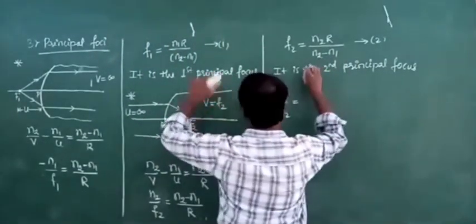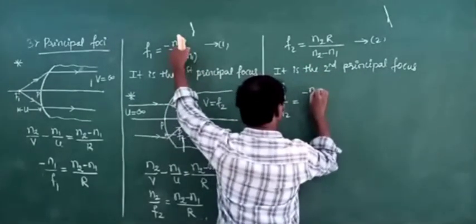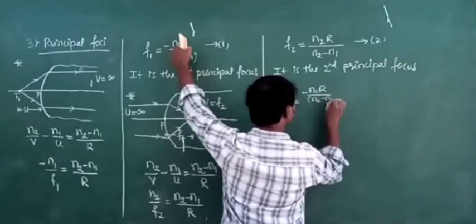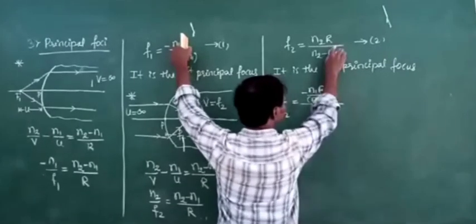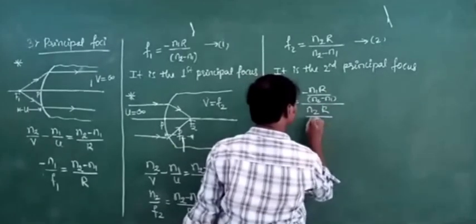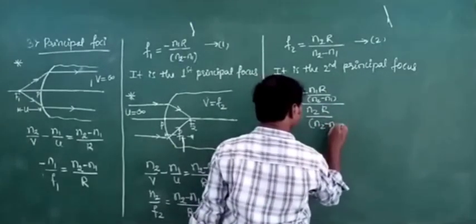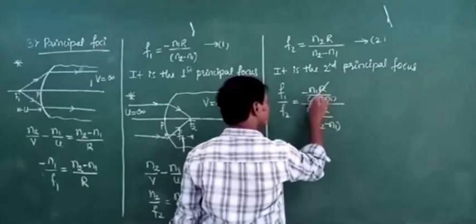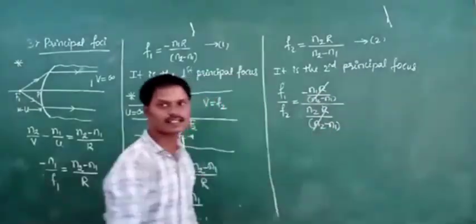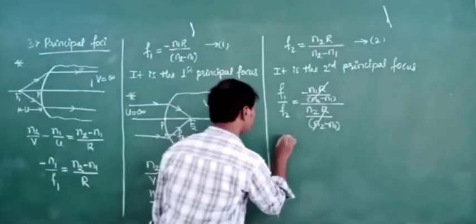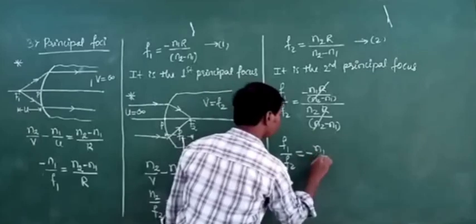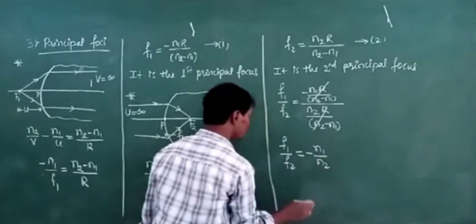So what is the right hand side here? Minus n1 into r divided by (n2 minus n1), divided by the right hand side of the other equation, n2 into r divided by (n2 minus n1). What gets cancelled here? r by (n2 minus n1) gets cancelled. What is left now? f1 by f2 is equal to minus n1 by n2. It is the ratio. Then I will take this one to